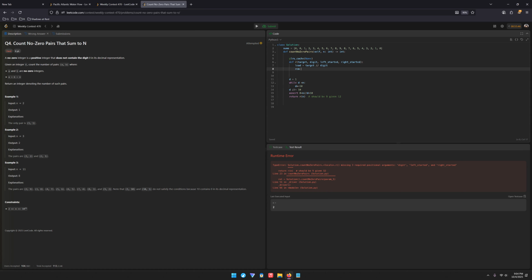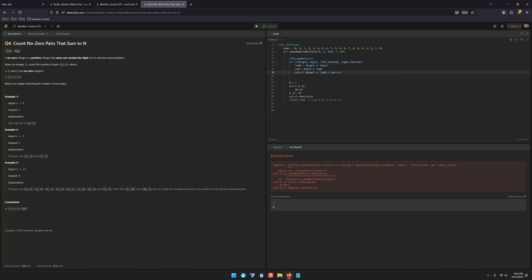And then remaining equals target, well, digit times lead. Assert target equals lead plus remainder,